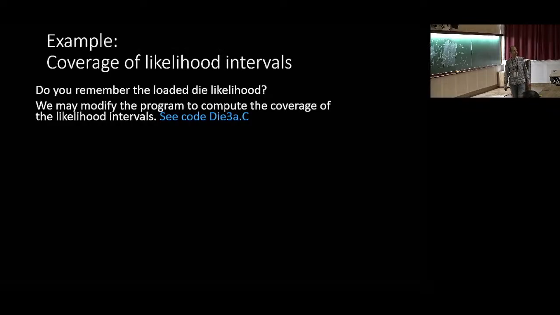Okay, so now we are ready to do some more fiddling with computer code by looking at the coverage of likelihood intervals, because you will remember that we did the loaded die example, and maybe some of you did fiddle with that piece of code and produced the toy experiments of die throwing and extracting the likelihood of a certain load on the die. Now, I have this macro on that same area that not only throws the die and extracts the value of the load plus or minus its uncertainty by computing the uncertainty with the Rao-Cramer-Frechet bound,